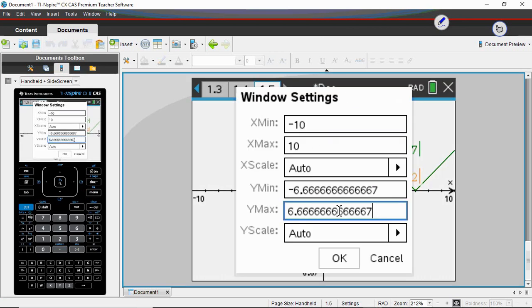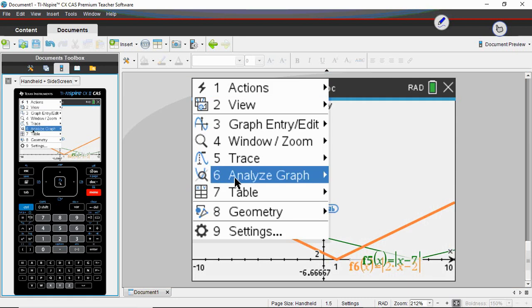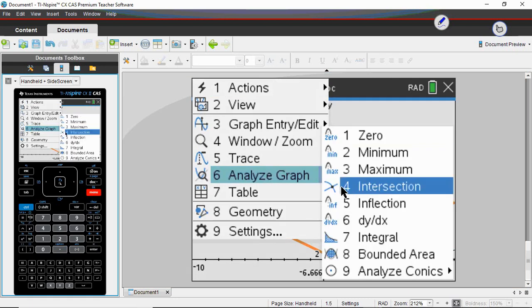I'm not exactly sure how high up I need to look, but I want to change my maximum Y value so that I can see farther up, and hopefully I'll find it. So I'll choose 50 and see how that goes. That was more than enough. I now see two intersections, and I'm just going to figure out what they are by choosing Analyze Graph, Intersection,